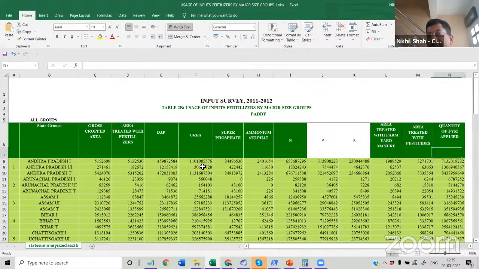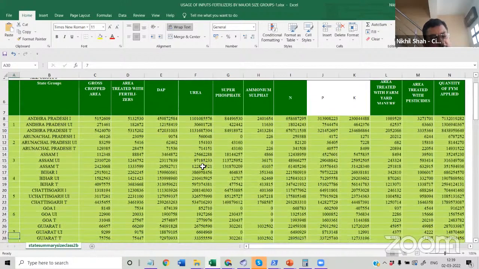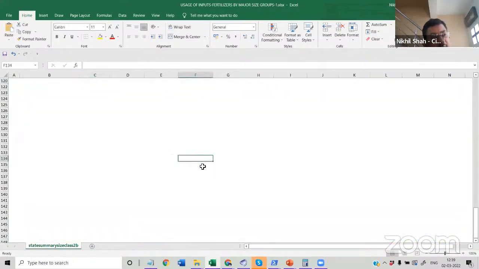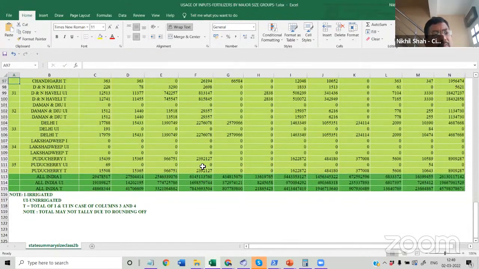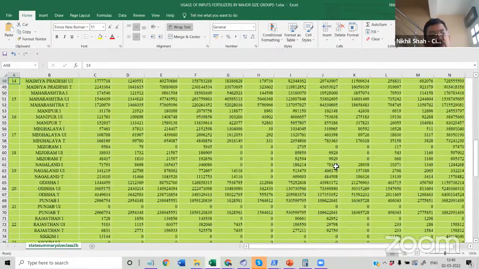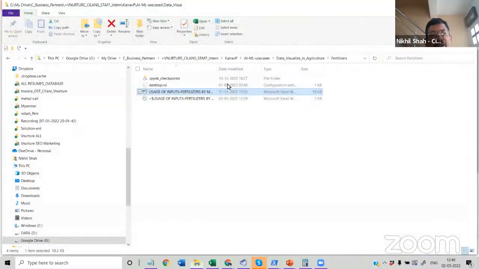So this is basically the quantity, the real data. Let's see how many rows we have. Right, so this is overall basic. You see the different states, Manipur, Odisha, Punjab, the different data set we have for the fertilizer.